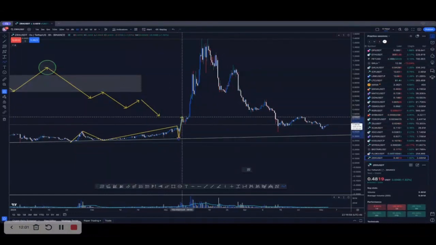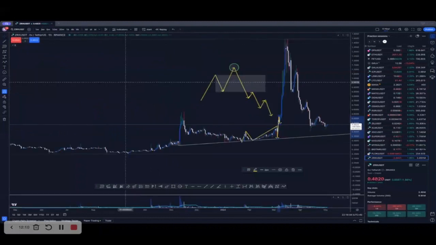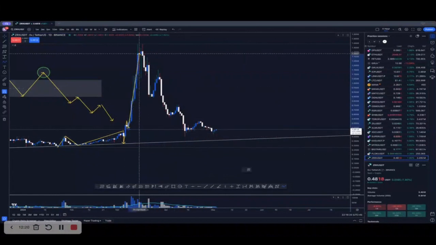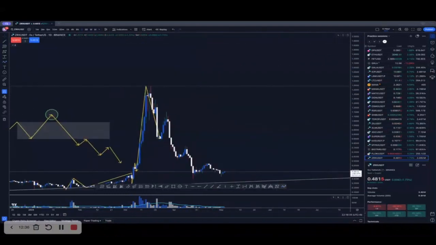So even though this trend structure looks pretty ugly, or pretty bad, it is still undeniably a bull trend based on the structure. And then obviously you have the crazy impulse, and again a higher high, higher low. But at this point is where we start to establish some sort of bear trend, because we never really have another higher high. From this point, we never broke above here. Instead, we started closing below over here,